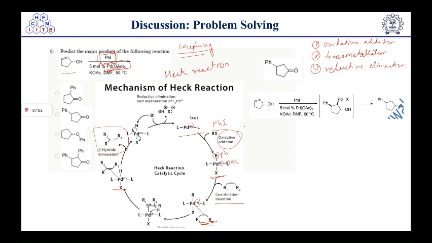So here, in other coupling reactions, reductive elimination results in a product formation, but in the Heck reaction the beta hydride elimination will take place to give the corresponding product. So after the beta hydride elimination reaction we'll get this palladium complex intermediate. After this, now this one will again be regenerated, right? So we have base here, that's why we are adding base. Here we have potassium acetate. So base will abstract the proton and